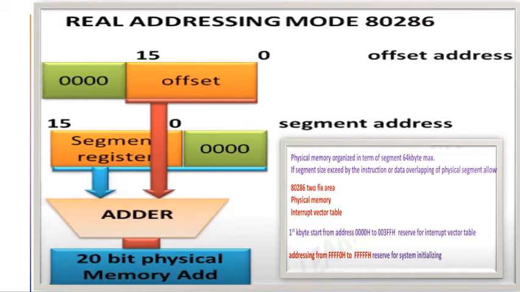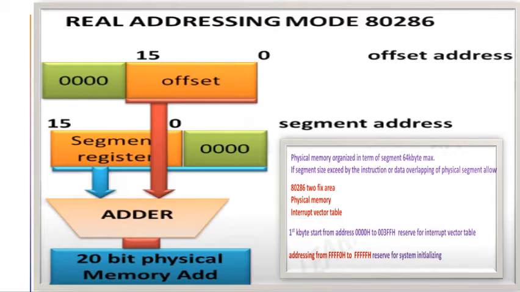The 20-bit physical address is generated in the same way as in the 8086, and the address calculation in real addressing mode is similar to that of the 8086, as shown in the figure. You can compare it with the 8086 physical address generation and see the similarity, so you can easily understand it. The segment selector portion of the pointer is used as the upper 16 bits of the 20-bit segment address. The lower 4 bits of the 20-bit segment address are always 0.